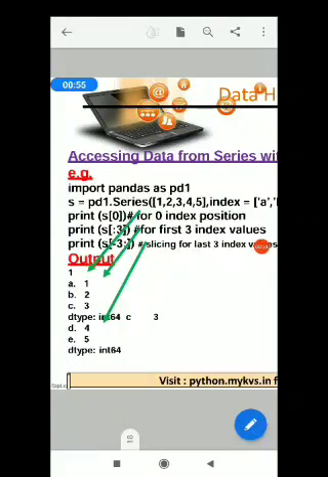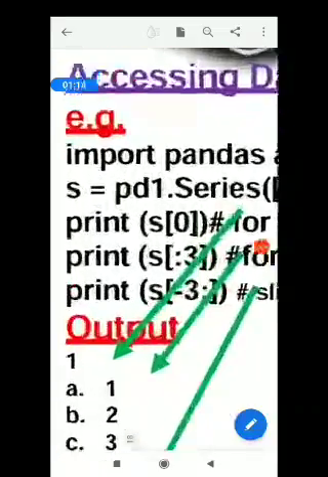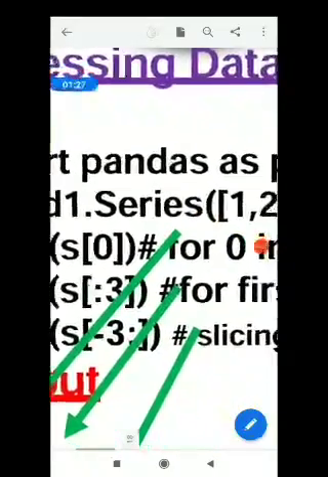I have written that you have to import the pandas library, of course, for your pandas program. So the first line will be import pandas as pd, and I'm providing a series 1 2 3 4 5, a simple series. To create a series, put the variable name series s equals to pd, which is the alias name of our pandas library, dot Series function. Please note the capital letter S in the Series function.